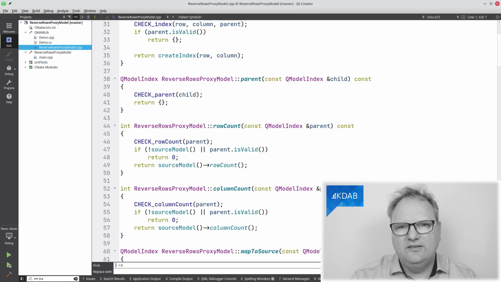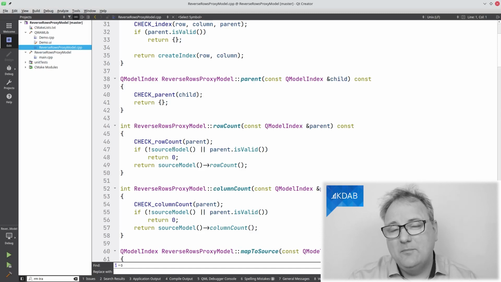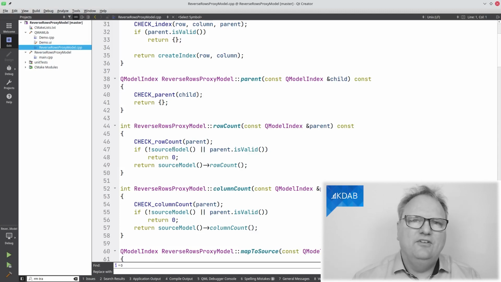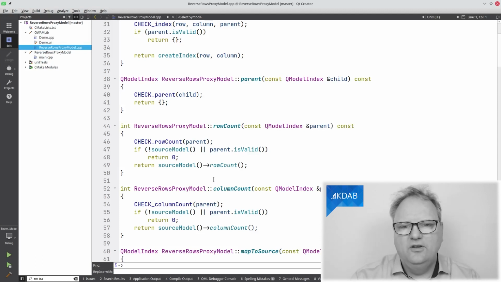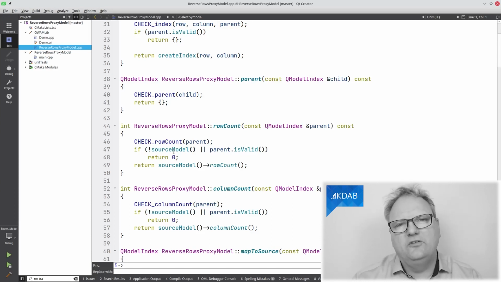I'll go and have a look at that. If I have not set the source model, that might actually be because for some reason another proxy tries to call into me without me having been set up properly. Or if the parent is not valid, return 0. Remember, it's always about other proxy models on top of me that could be wrong.